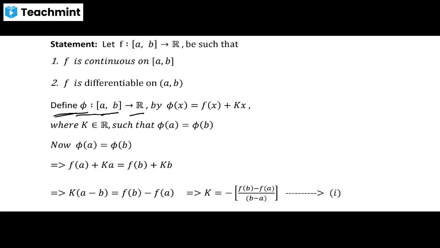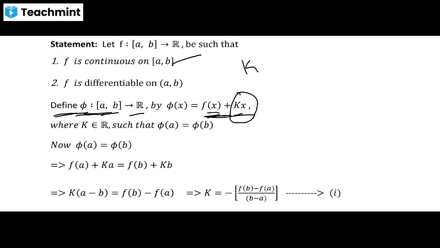By a rule, to this function f of x, I am adding some kx. Suppose this f of x is sin x. I will add 2x, then it becomes sin x plus 2x, or sin x plus 3x, or sin x plus 10x. In general, sin x plus kx. Here f of x is a continuous function, and I am adding a first degree polynomial. As you all know, polynomial functions are continuous and differentiable everywhere, isn't it? In general, kx, where k is some real number. You will get a question in mind: how much is the k value? We can find an infinite number of k values, isn't it? Then we are making it clear: define a function phi by a rule